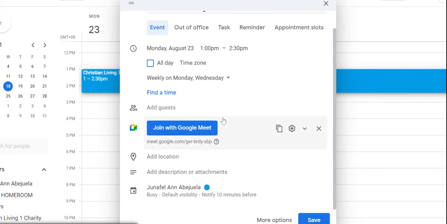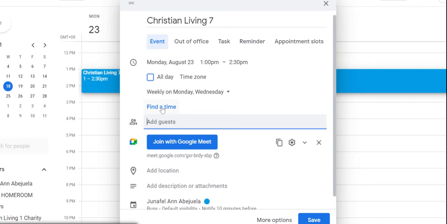You can also invite here your students. You can invite them as guests. So once you invite them, they will receive a reminder that they have a synchronous meeting on the schedule, and they will also receive the Google Meet link. So type in the email address of your student if you want to invite them. So for example,